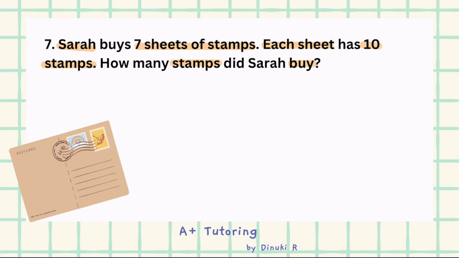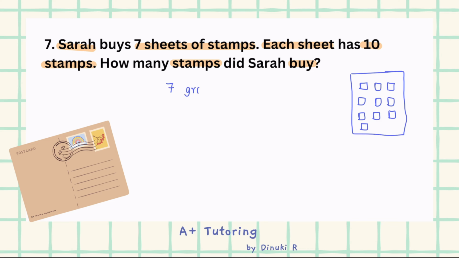So if it's a bit hard to imagine in your head, it's always a lot easier to draw a diagram for yourself. So let's say this is a sheet of stamps. We know that each one has 10. So you can just write 10 like that. Or if you want visuals, you can just draw boxes in there. So 1, 2, 3, 4, 5, 6, 7, 8, 9, 10. Right? So that's one sheet. But she's buying 7 sheets, right? So another way to think about this would be 7 groups of